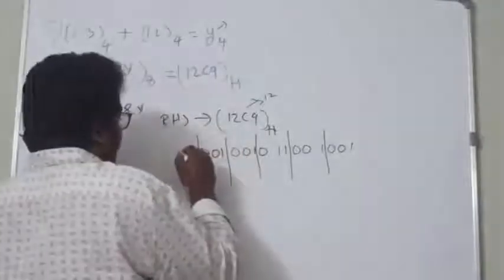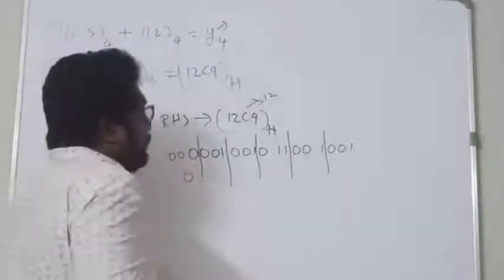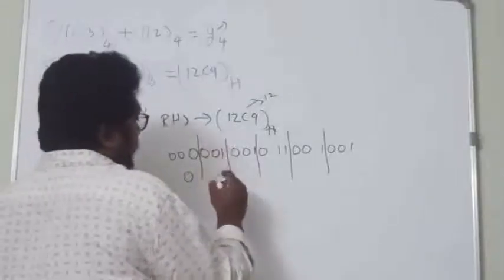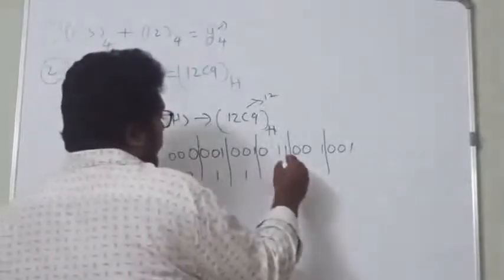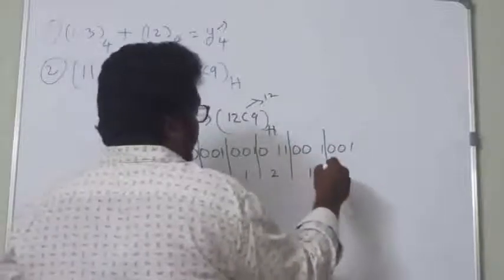Here it is having 00, so we place two zeros and it will become 0. The octal equivalent for 001 is 1, for 001 is 1, 011 is 3 and 001 is 1,